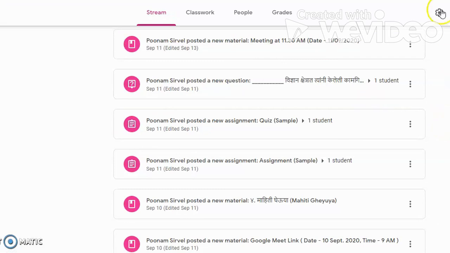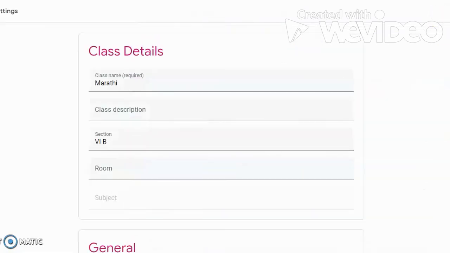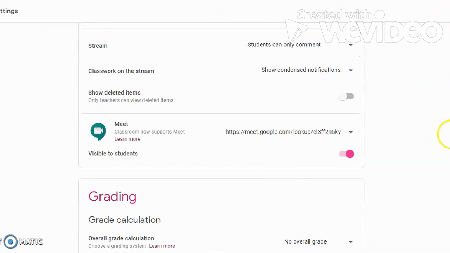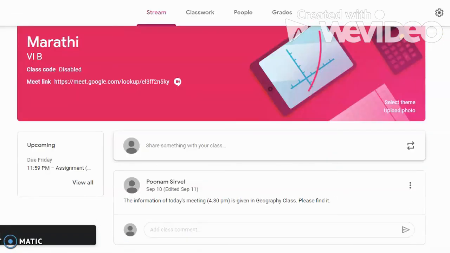And if you choose the third option, hide notifications, then only the notices or announcements that you have posted from stream tab will be shown and not the material or assignments posted from the classwork.